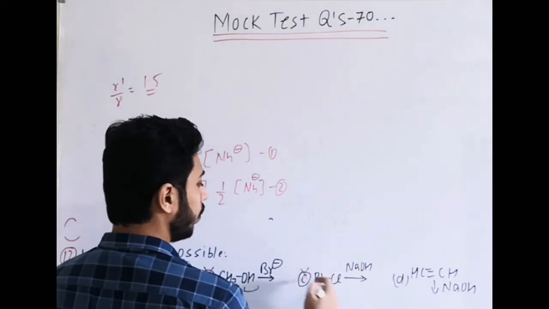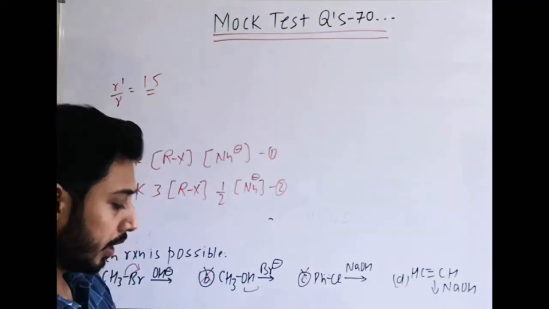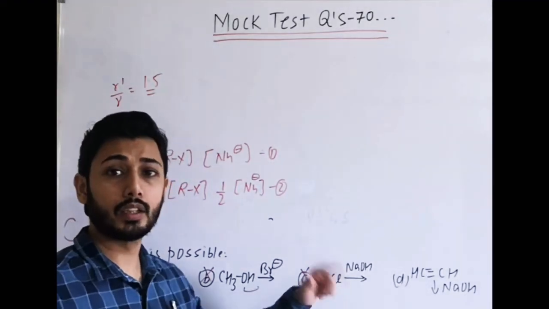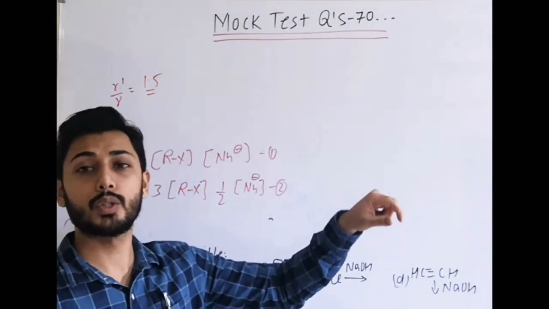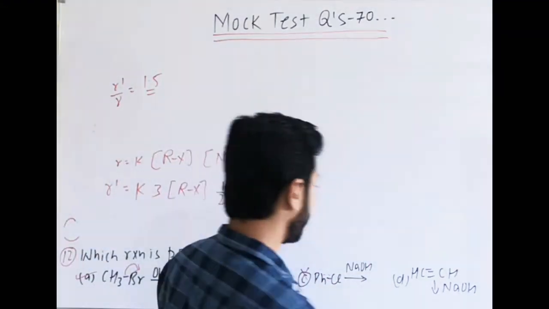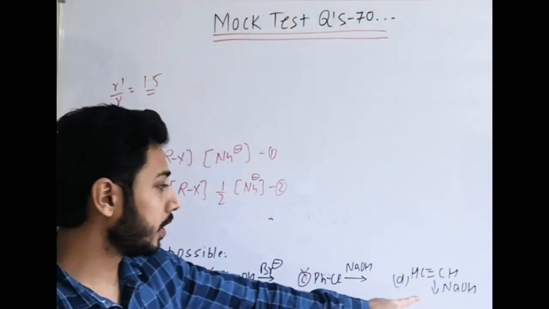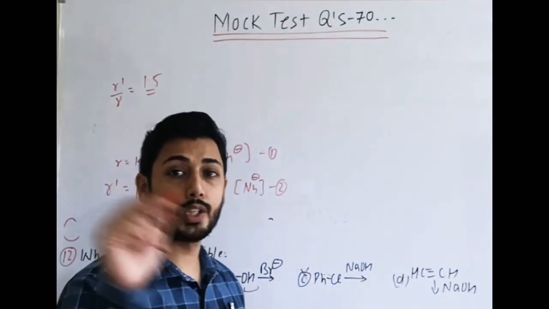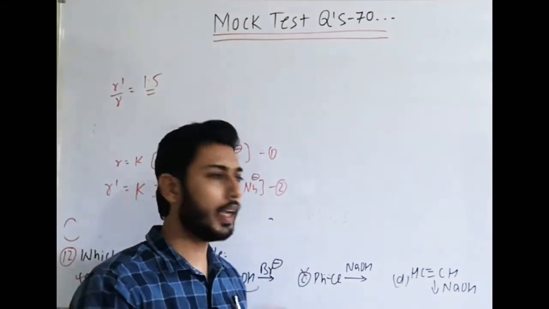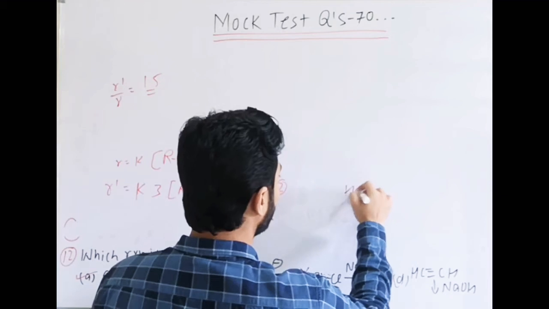Phenyl chloride with OH minus, no. Why? Because the C-Cl has partial double bond character, so it won't undergo substitution easily. It undergoes the Ar-SN reaction, where electron withdrawing groups are required, then only it will participate in the substitution. And what about D? Will it participate or not? This concept we have covered in acidic strength, GOC, in which I explained why it will not participate. Even if it participates, what is the product formed?